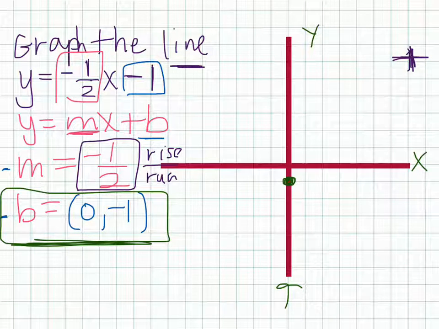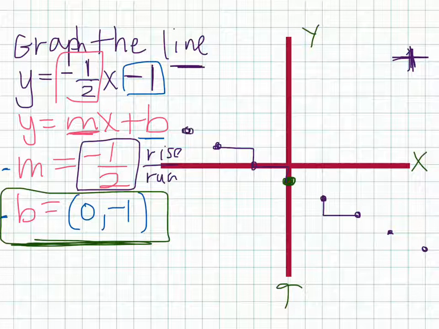So it's negative, so I can either go down 1, right 2. We're going down 1, right 2, down 1, right 2, down 1, right 2. Or up 1, left 2, and so on. Do you see how it's pointing to the top left corner, which means it's a negative slope, and that's what we needed. Now we're going to graph this line